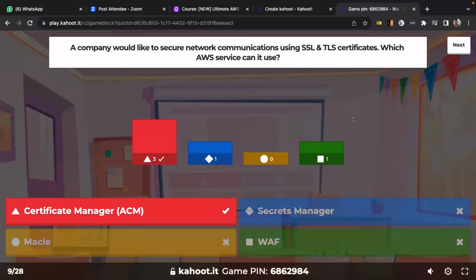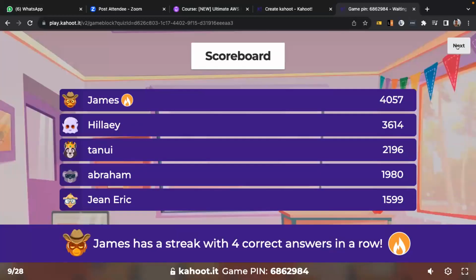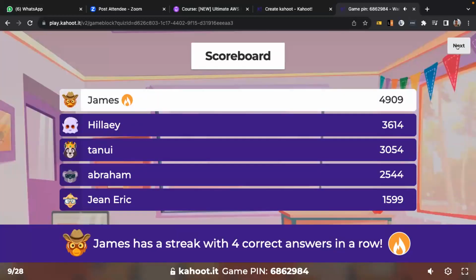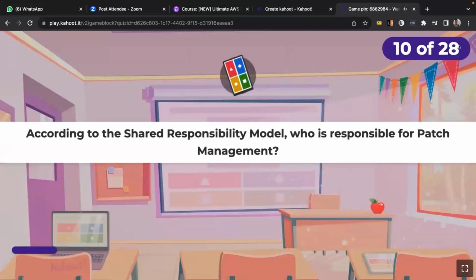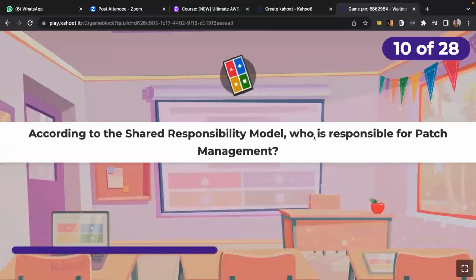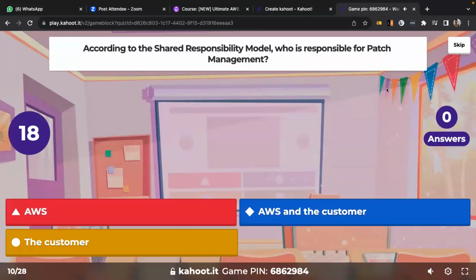Great. Most people got it right. With Certificate Manager, you can manage the different certificates, including SSL and TLS, and that could help you secure your network communications. Okay, Jumps on the top. So the next one: according to the shared responsibility model, who is responsible for patch management?